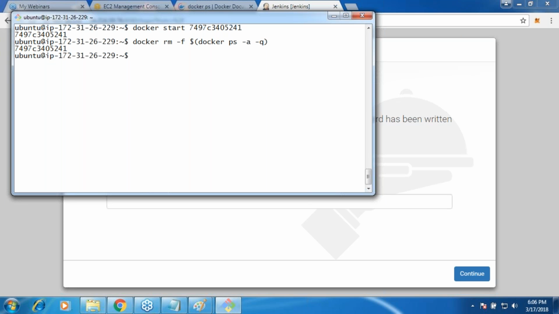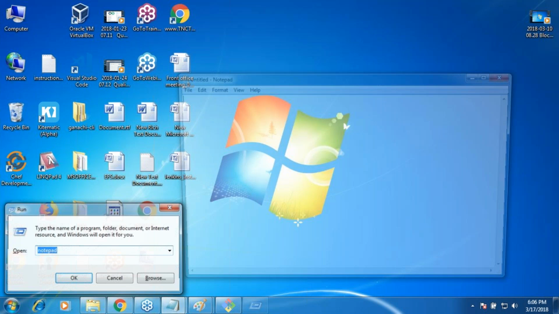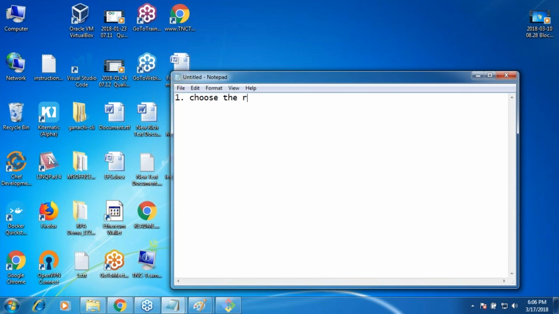So what is the first activity? First is choose the right Docker image as base. And then identify the commands to be executed for your container, for your image.